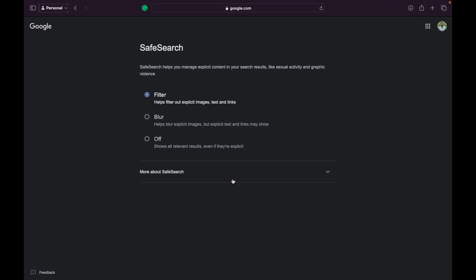If the above does not apply, this setting helps blur explicit images, but explicit text and links may show if they are relevant to your search. And if SafeSearch is off, you will find relevant results for your search even if they are explicit. And I need to share some more information, like if you can't change your SafeSearch setting, it's